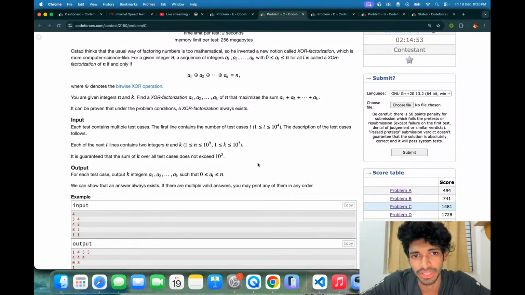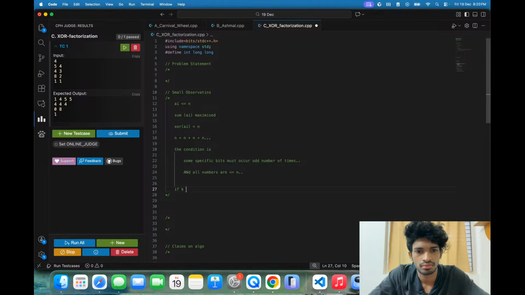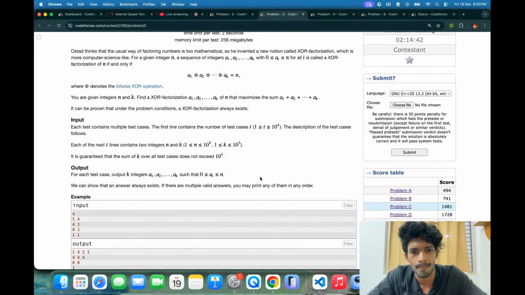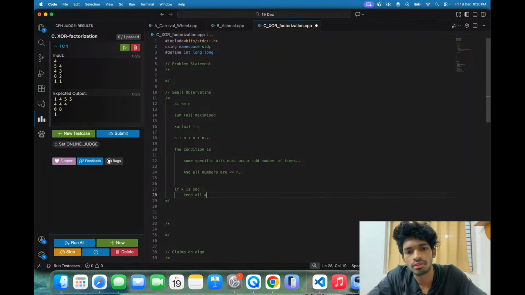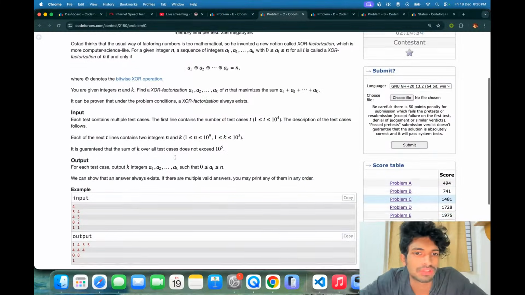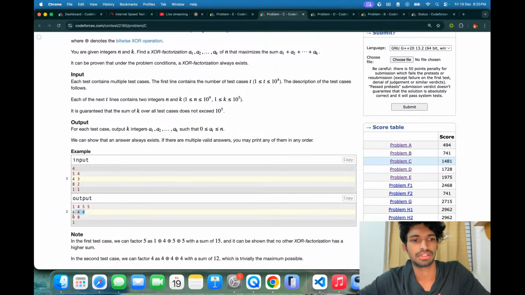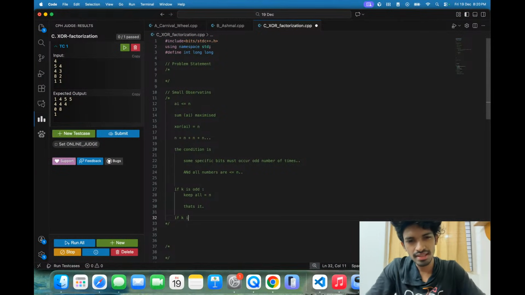What's the max you can get? Oh, okay, wait a minute. If k is odd, keep all equal to n. That's it. Whenever k is odd, the answer is all equal to n. If k is even,